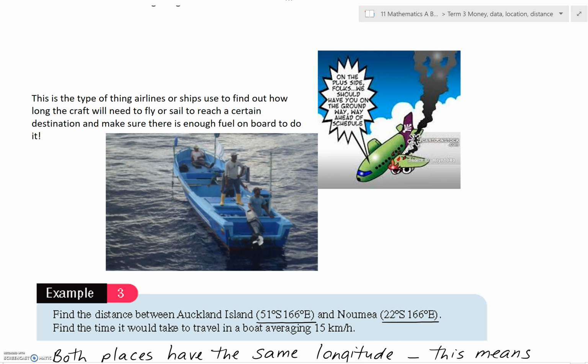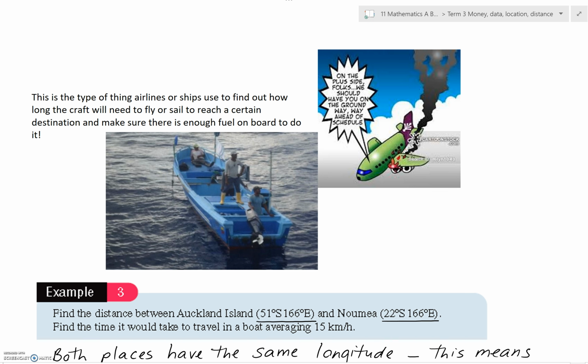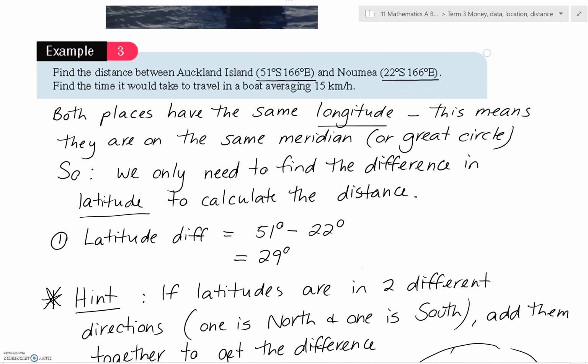So this sort of stuff is super important, and that's what they use. So let's have a look at an example. Find the distance between Auckland Island, 51 degrees south, 166 degrees east, and Noumea, which is at 22 degrees south, 166 degrees east. We also need to find the time it would take to travel in a boat averaging